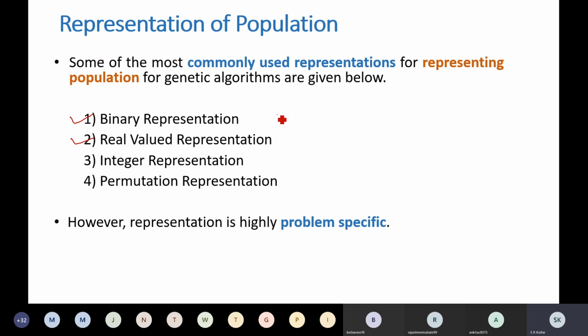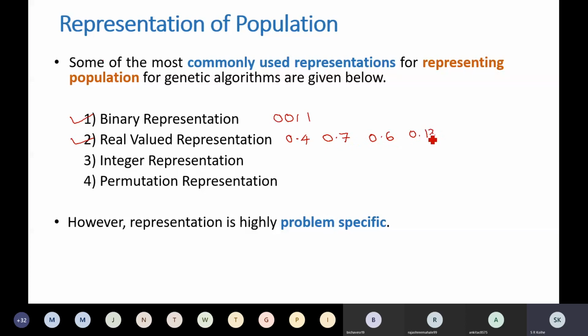For example, 0011, that can be the binary representation. Real valued representation is another technique sometimes used. For example, I can have a solution something like this: 0.4, 0.7, 0.6, 0.13.